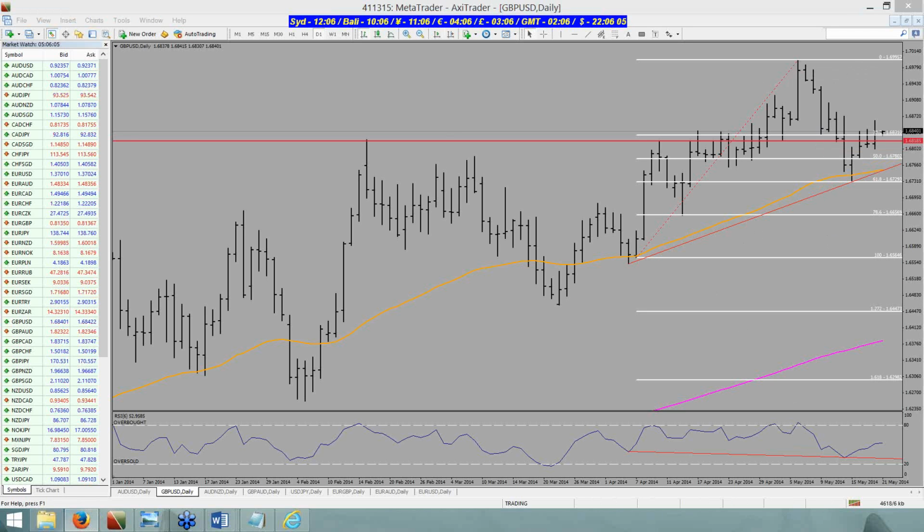Okay. You're in pound long. There is news items this evening. What capital protection strategy should I take? Should I get out of the trade, or move the stop up?